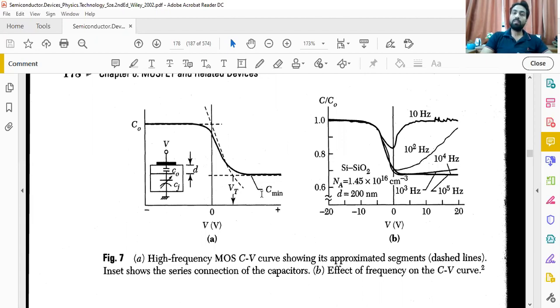So this shows that if you have a MOS diode, you can use it like a capacitor. You can use this MOS diode in devices. It's a very small device. And how can you vary its capacitance? You can vary its capacitance with respect to voltage and with respect to frequency. It means this can be a sensitive device. This device can be used for the detection of voltage as well as the detection of frequency, because it's a practical application. A thing which is affected by something is a detector of that.